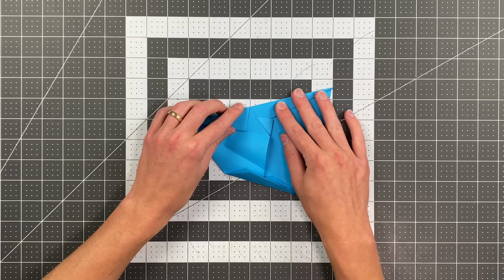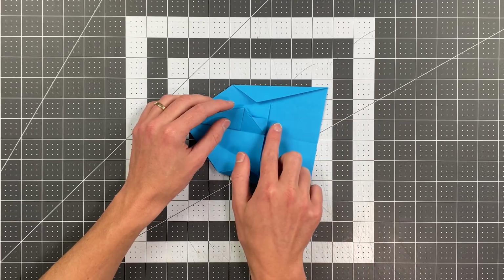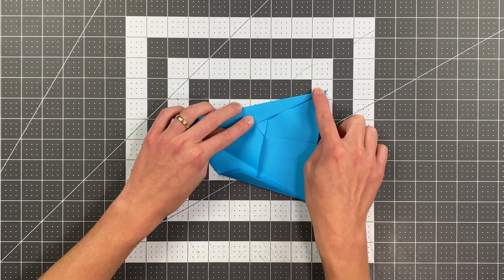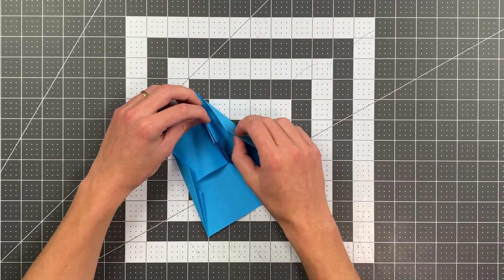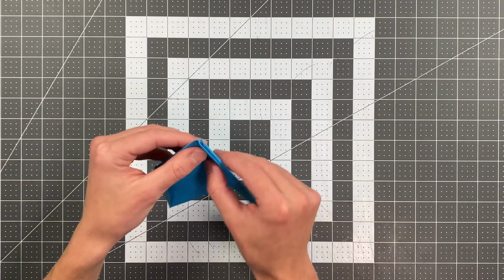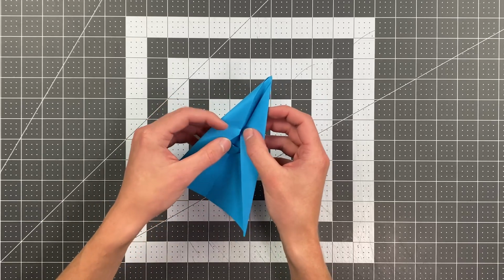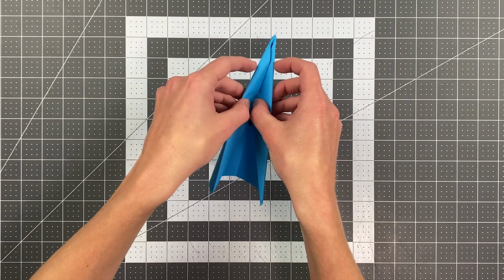Now the trick is, as you close this up, that pocket opens farther and farther backward, all the way down to this edge. So it's easiest to fit this flap into it once it's all the way closed, except for the fact that now it's all the way closed. So it's a little bit difficult to fit it all the way into it. And if you do one side at a time, you also kind of twist your plane a little bit and you get this weird bubbling on the second side. So you actually kind of have to do both sides simultaneously while holding it a little bit like that and closing it up,